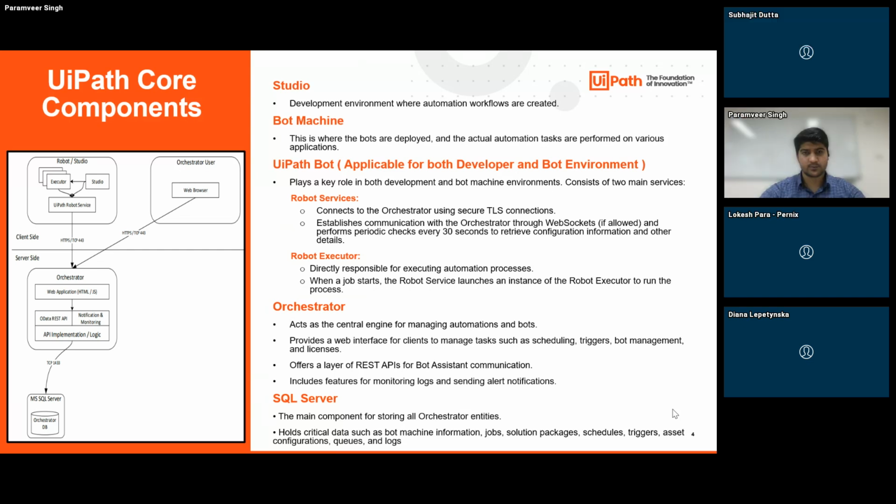The next service is the robot executor, which is again a background Windows service that runs the automation process. When a job starts, it launches an instance of that robot executor process. Whether that job is started to run a bot, or a developer triggers a debug mode start of the bot, irrespective of the way it is triggered, the robot executor process runs in the background to perform